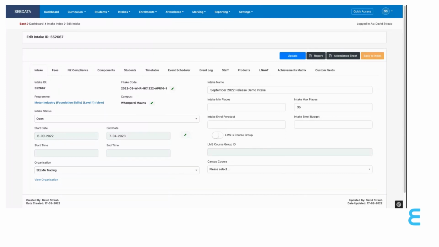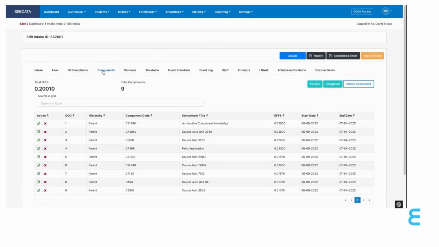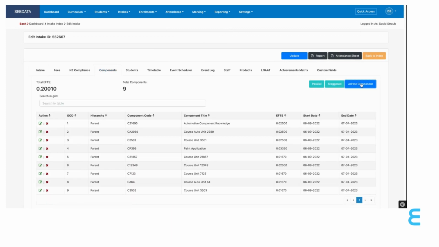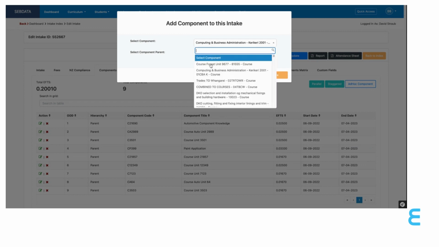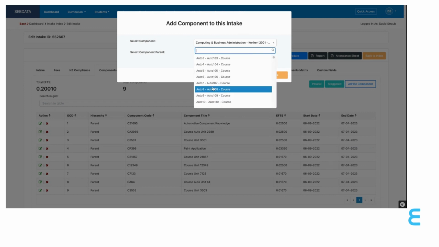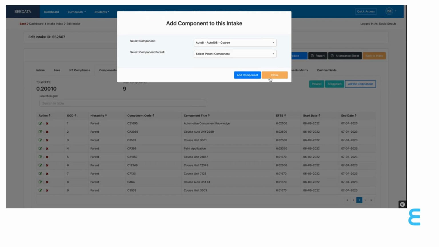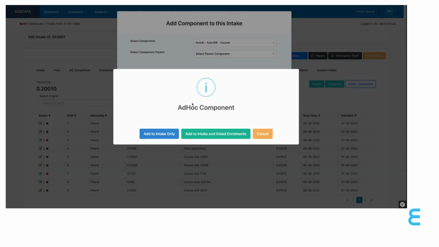Similar functionality is in the components. First of all, I'm going to go ahead and ad hoc a component. I'm going to select the component that I want to add to this particular intake. It will, as usual, ask me if I want to do this in the intake only, or I can now go ahead and update underlying